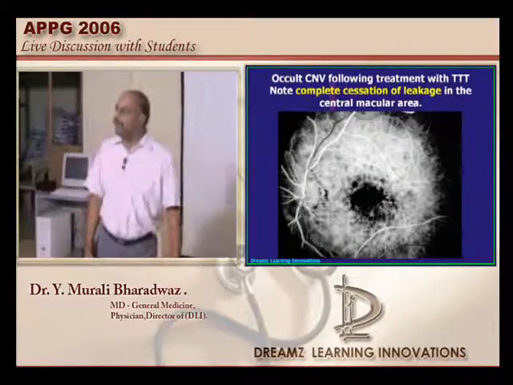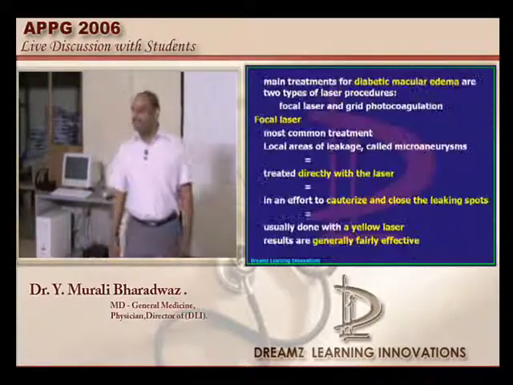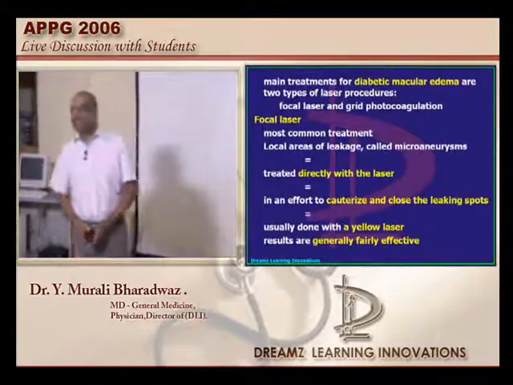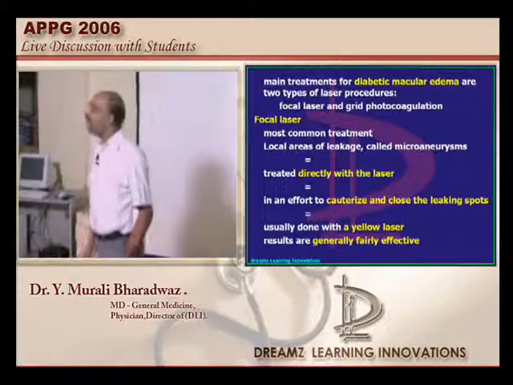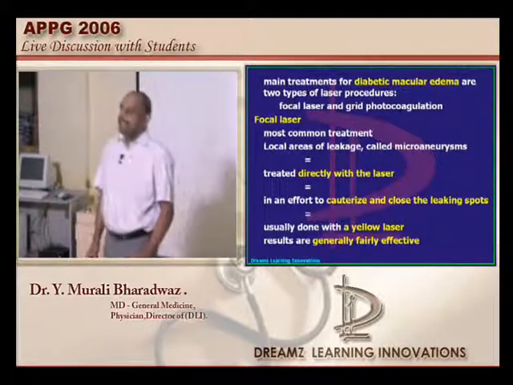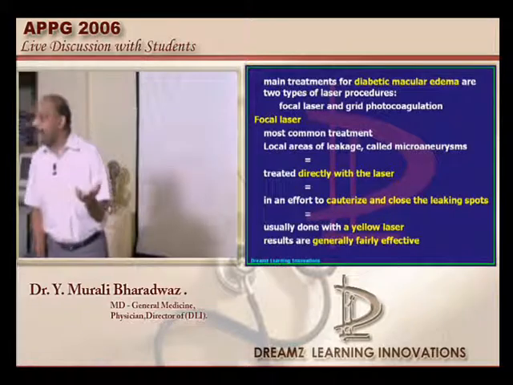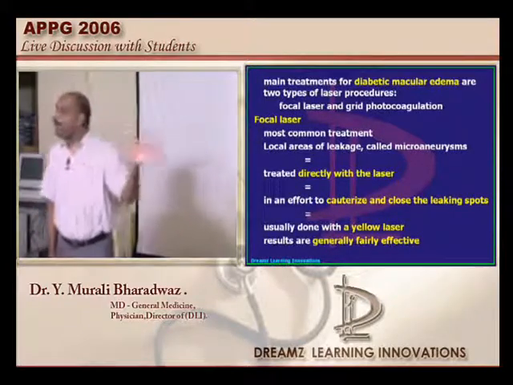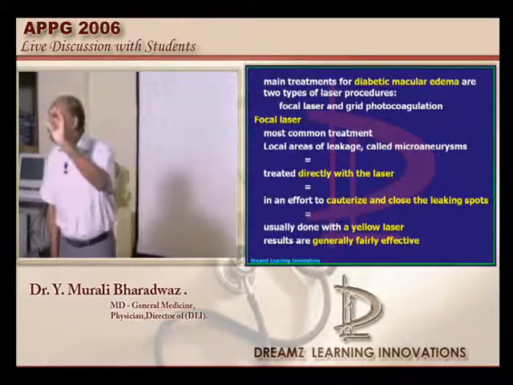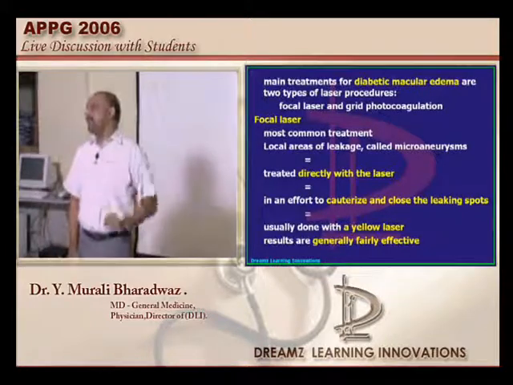Now let us come to our diabetes, which is waiting for us. Probably because I heard a lot of my wonderful students have answered it as proliferative diabetic retinopathy. But in the case of proliferative diabetic retinopathy, it is the pan-retinal, not a focal treatment with a grid type of laser, is what needs to be remembered.